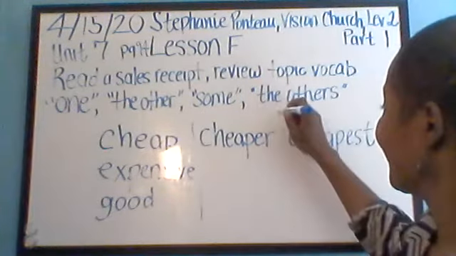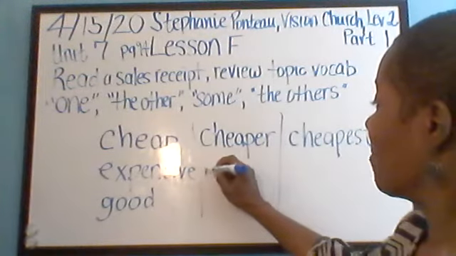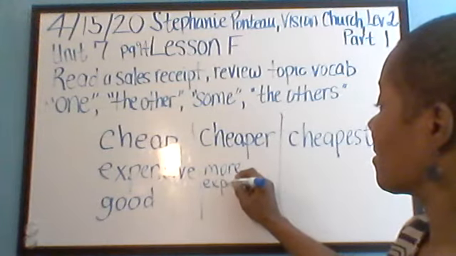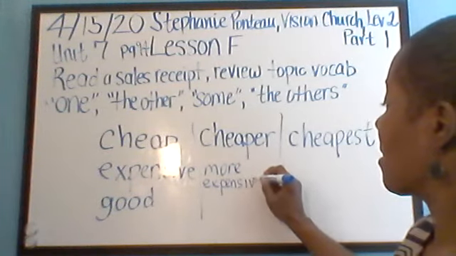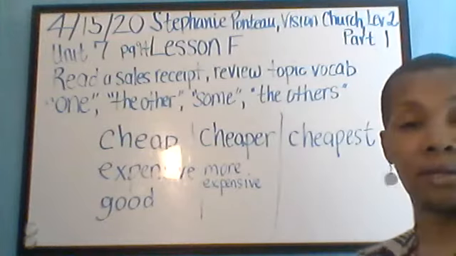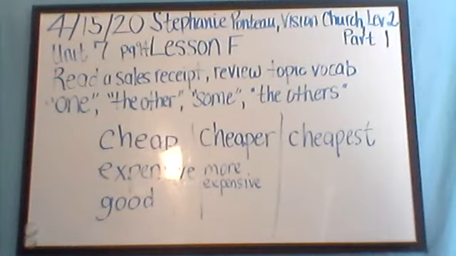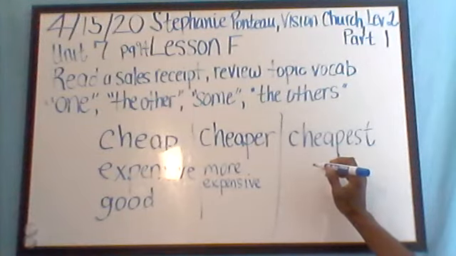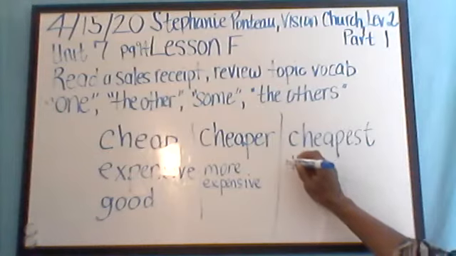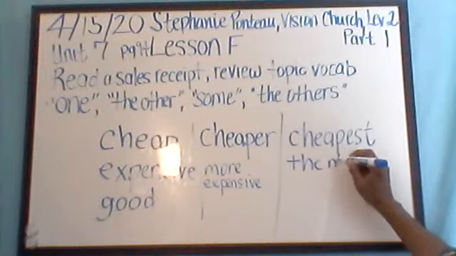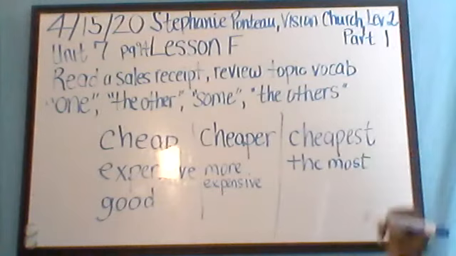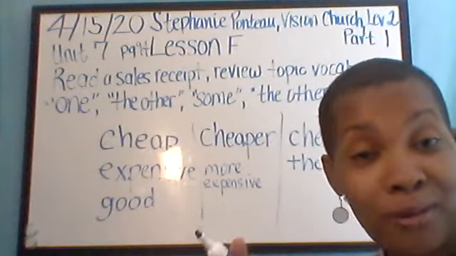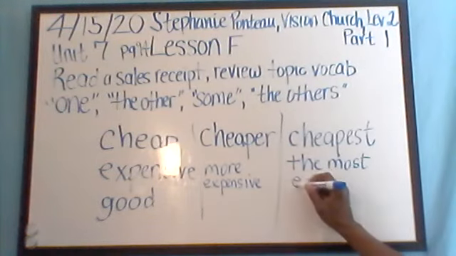No. It's more expensive. Okay? And the superlative of expensive is expensivest, right? No. All right. The most expensive. Very good. I can't trick you guys because you know your superlatives and your comparatives. So the most expensive,